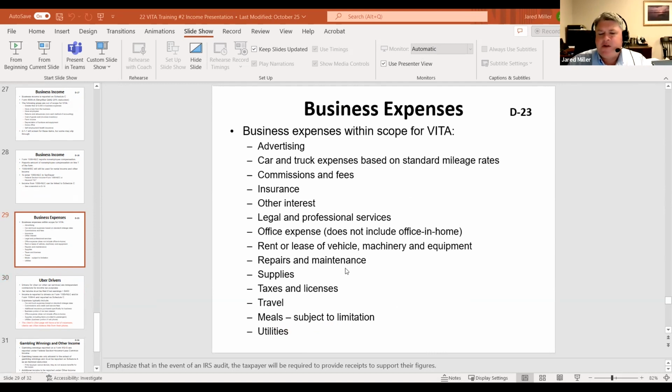So the meals have an interesting limitation. The government feels that eating is kind of a basic human necessity. You have to eat to be able to survive. So typically meals are only deductible by 50%. A meal has to be engaged for the process of meeting with a client or potential client or have some business connection with it. A meal is not just that I'm hungry, I'm going to grab lunch, I'm going to write off this business meal. There has to be some business connection with it.